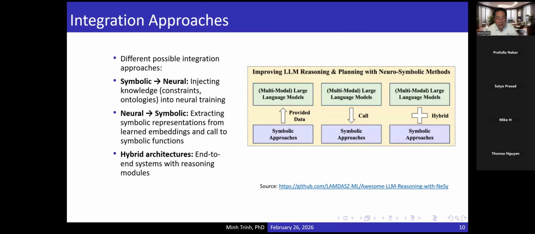Before jumping to how it is done, there are different approaches to combine a neural approach like an LLM with a symbolic method. There are more than that, but I focus on the main ones. You have a symbolic model that feeds into neural networks, which means that a symbolic system can create knowledge, which then gets encoded into neural networks and goes into training. So you can imagine a system where I show all the theorems and proofs from Lean, and then I put this into